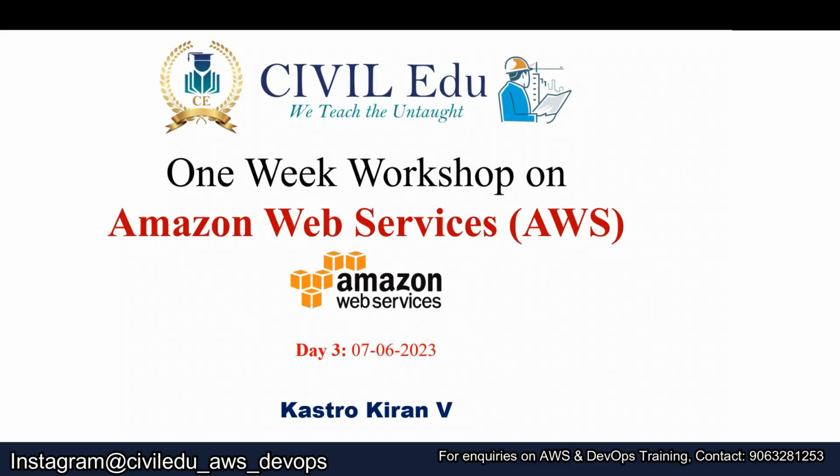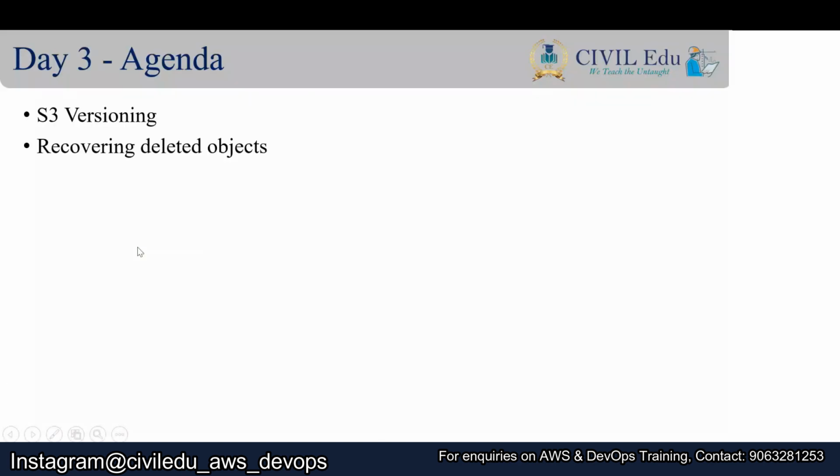In the last session, we talked about a brief overview of the S3 service, which is called Simple Storage Service. In this session, we are going to see the advanced feature of the S3 service, which is called versioning. Versioning is actually one of the most important and advanced options that is available in the S3